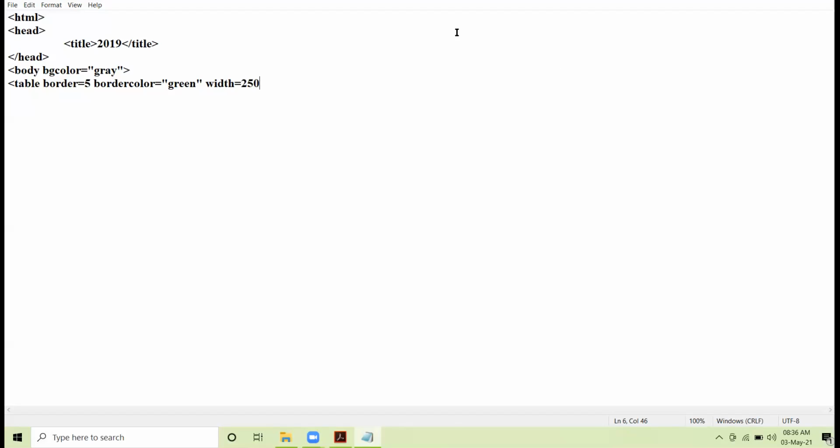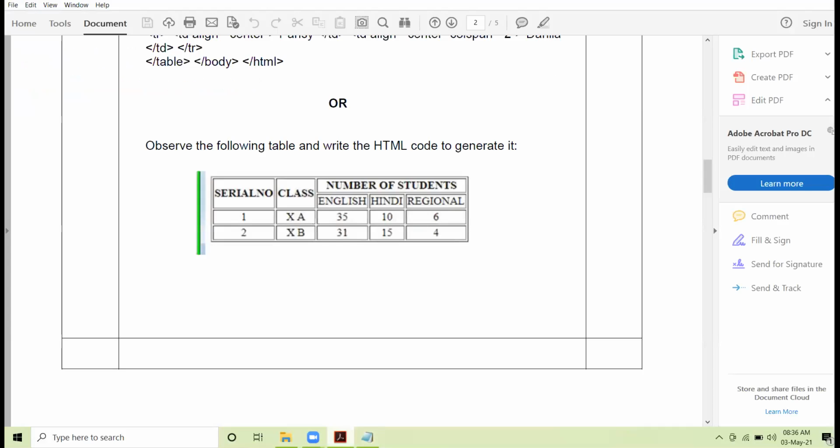Now see the question carefully. Now I am switching between two windows. Are both the windows visible to all? The window of the sample paper as well as the window of the notepad coding. Okay, see carefully the green vertical border.